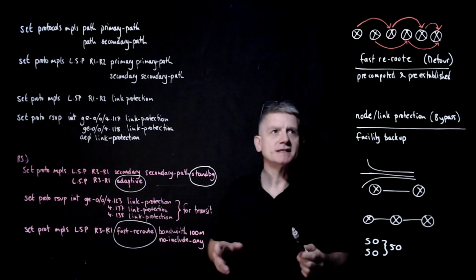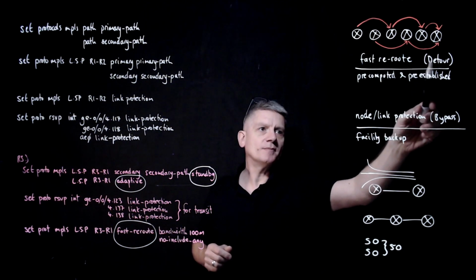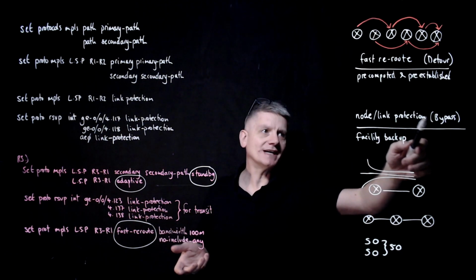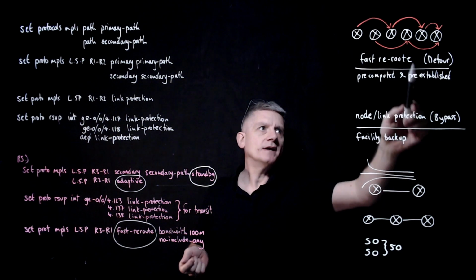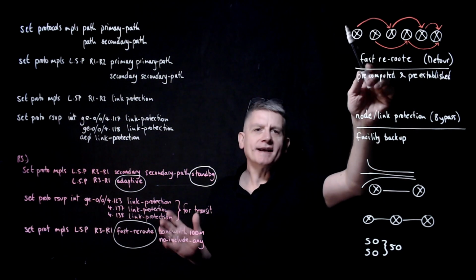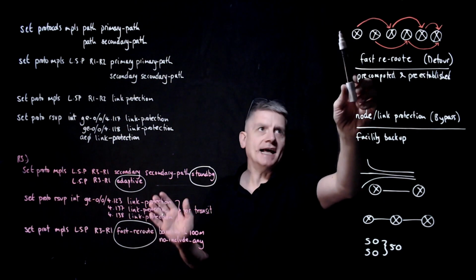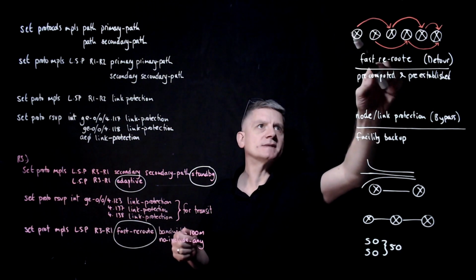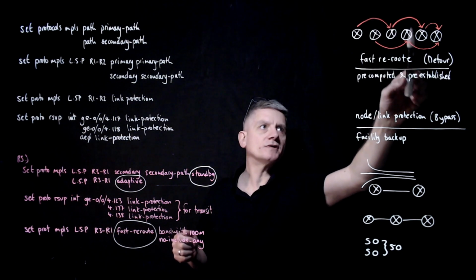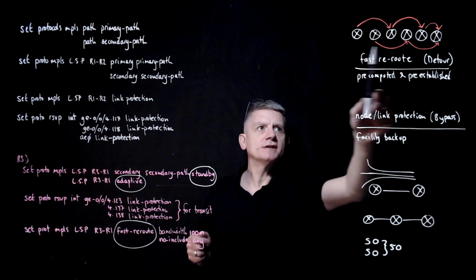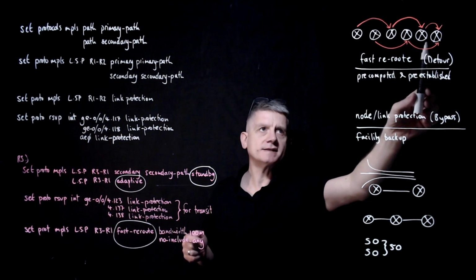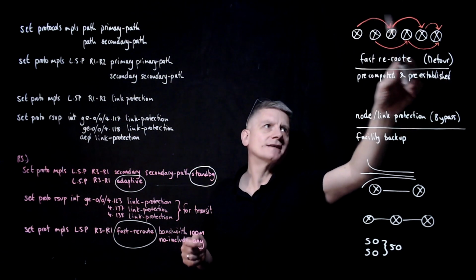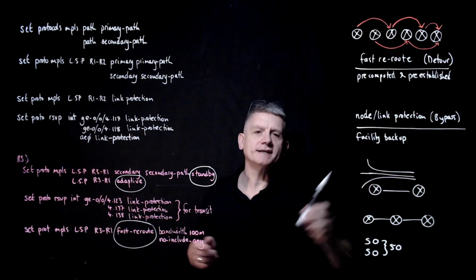Now, fast-reroute is slightly different. You've got detour paths, whereas the paths on the node protection and the link protection we tend to call bypass paths. Now, these detour paths, their goal is to get the LSP backed up all the way to the egress point, but the actual detours themselves just detour around possible outage points. So basically they're pre-computed, they're pre-established, and then they're sort of anticipating outage points so that the whole path is